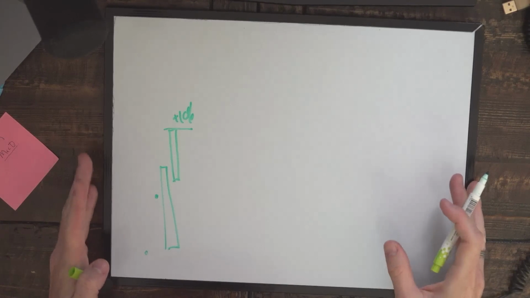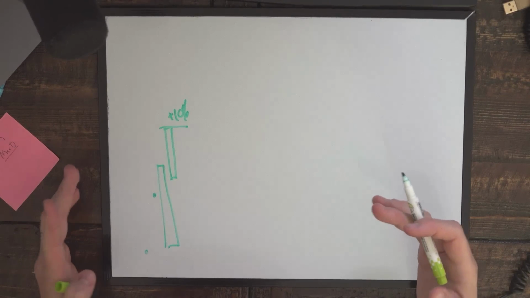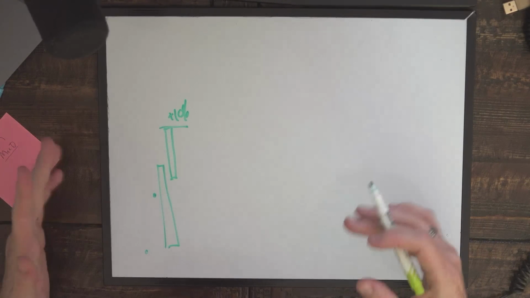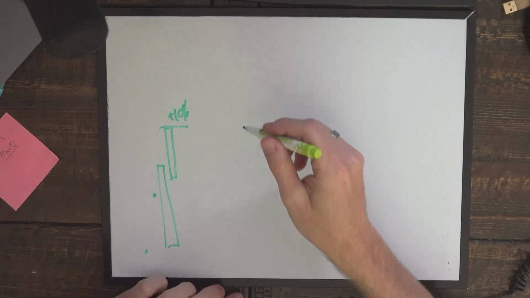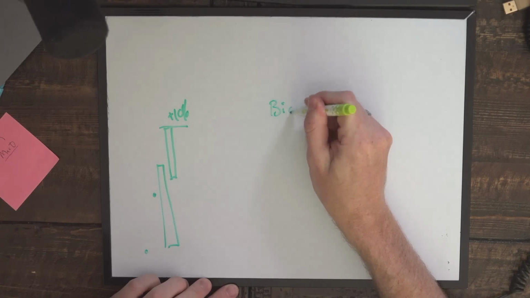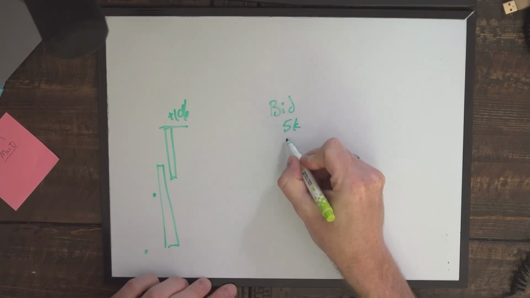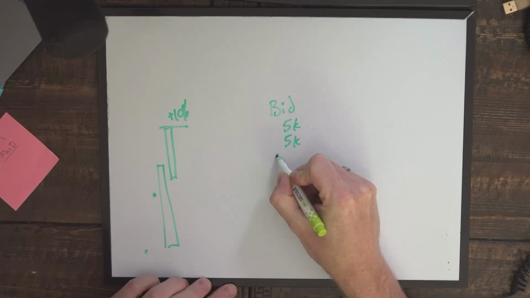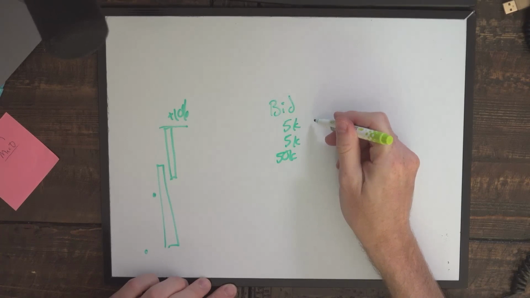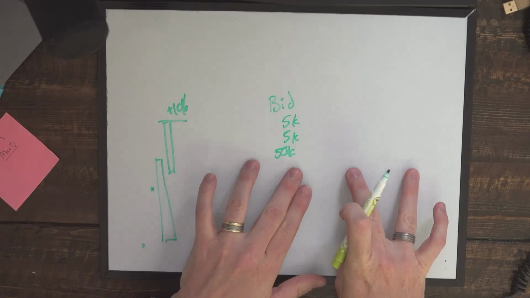Now, what happens during the halt? During the halt, traders can continue to send orders to the market, but orders will not execute, right? They'll just go to the market. They're not actually going to execute. So they're going to sit there in a holding pattern. So now, during the halt, if people are sending buy orders for 5K shares, 50K shares, whatever it is, those are all stacking up. And what has to happen in order for the stock to resume is you need to have a